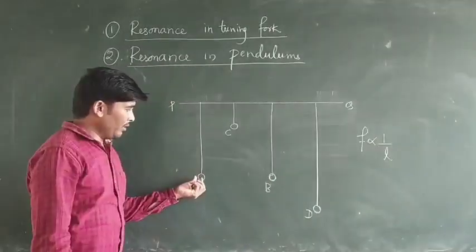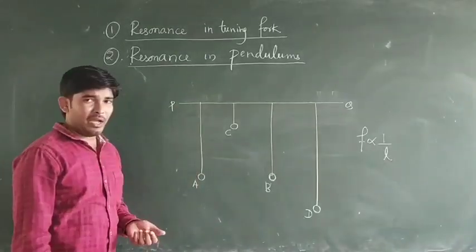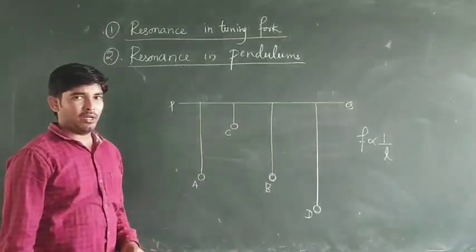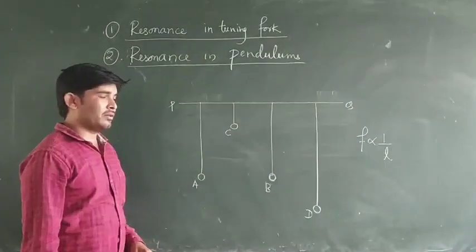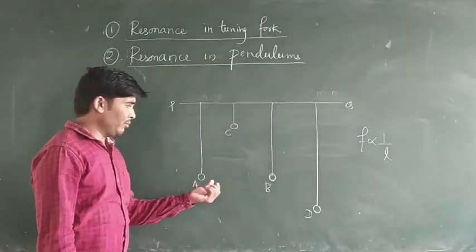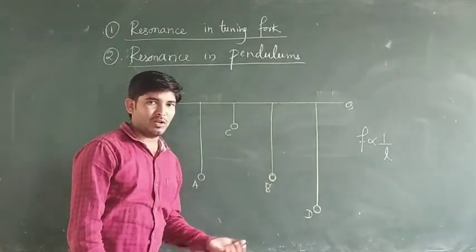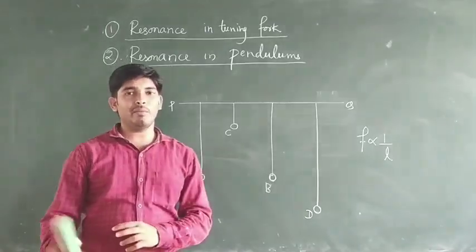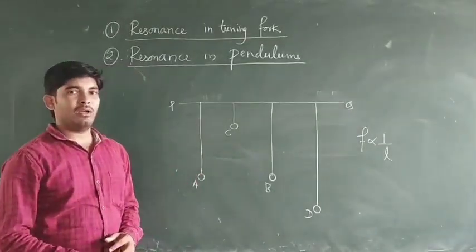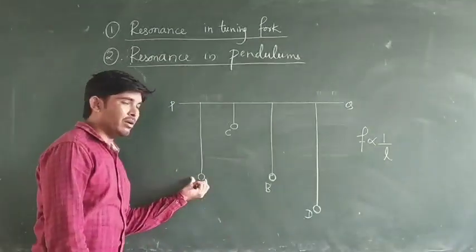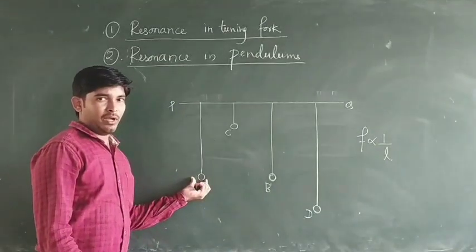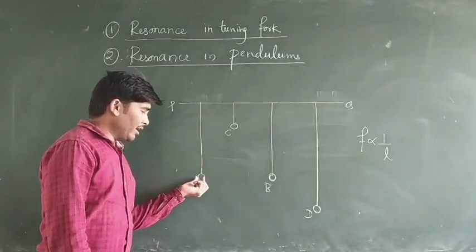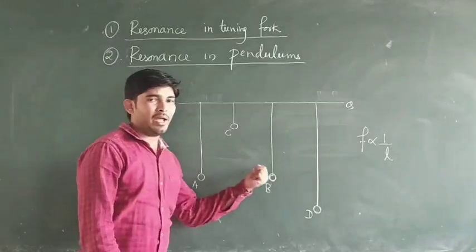Now when pendulum A is made to vibrate normal to the elastic support, we will observe that pendulum B also starts to vibrate, initially with less amplitude, and ultimately it vibrates with the amplitude pendulum A initially had. Due to their equal lengths, the energy is shared between pendulums A and B.